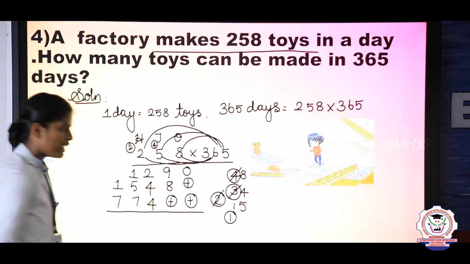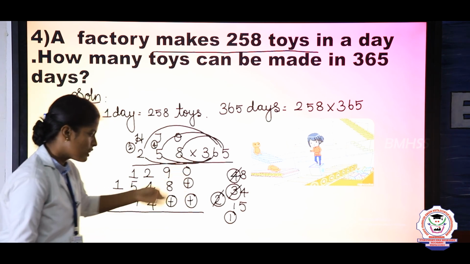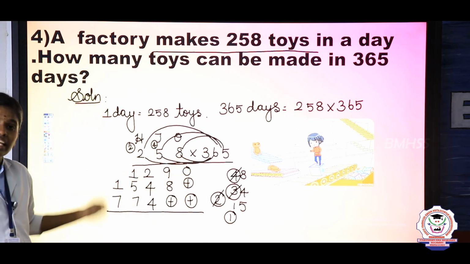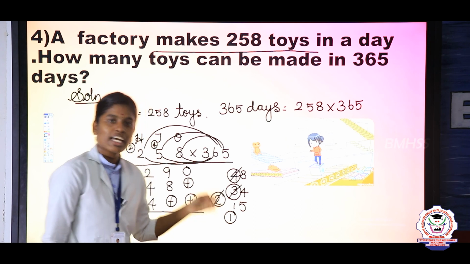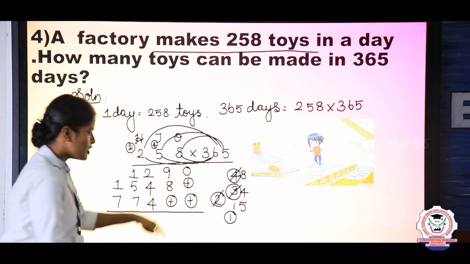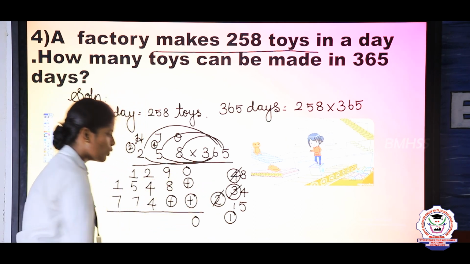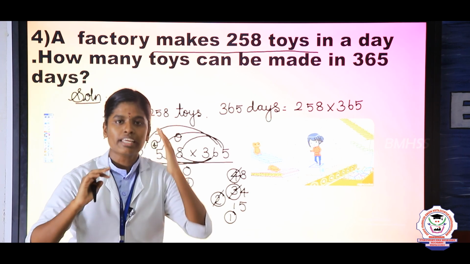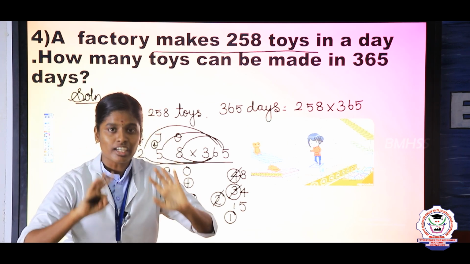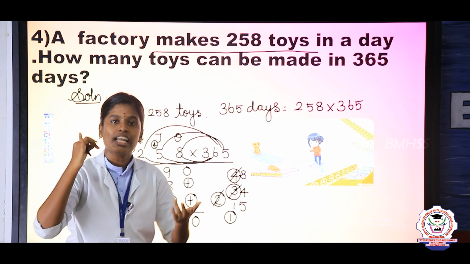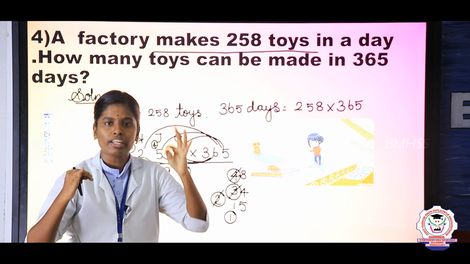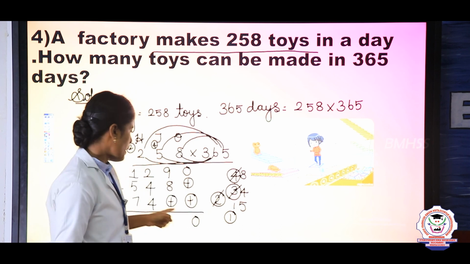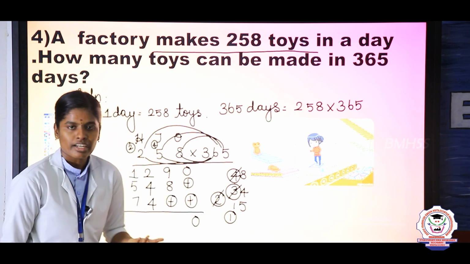Now we are going to add this. Take the ones place, tens place, hundreds place, thousands place, next ten-thousands place. Here the ones place value is 0, so write 0. The tens place value is 9 tens and 8 tens. Keep 9 in the mind, 8 in the finger, 9 after, 10, 11, 12, 13, 14, 15, 16, 17, plus 0. The answer is 17.